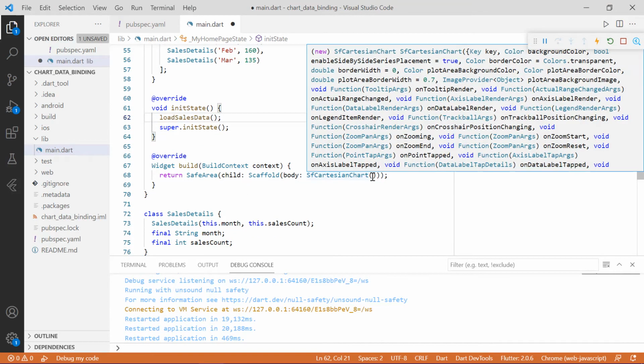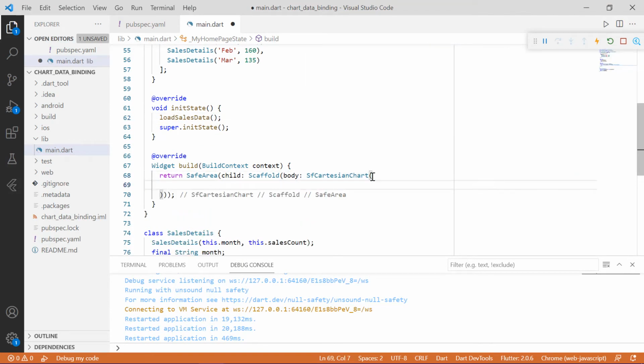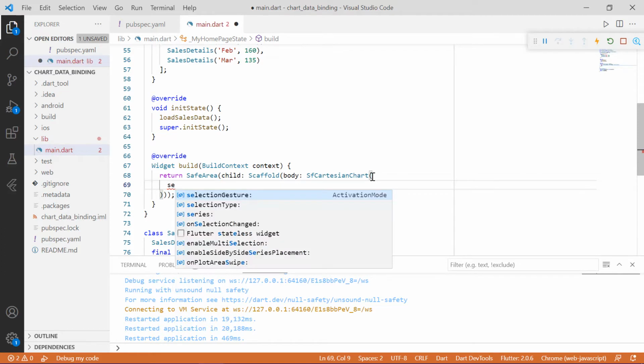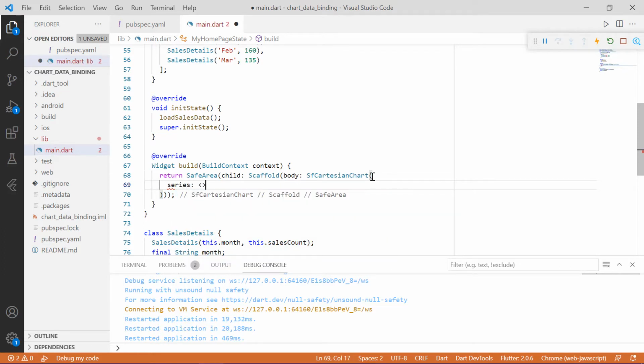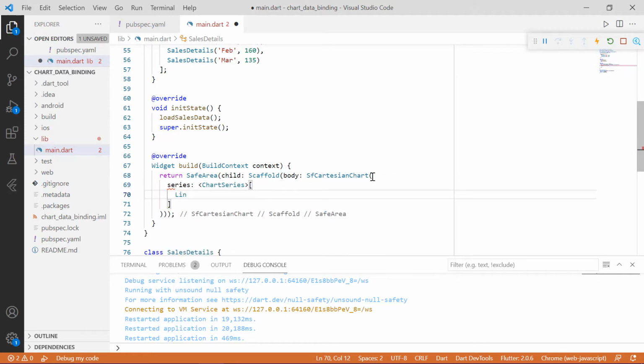Thus, the data is ready now, and let's bind it to the chart. I'm adding a series collection and we can specify any series type. I'm adding line series by passing SalesDetails and String.